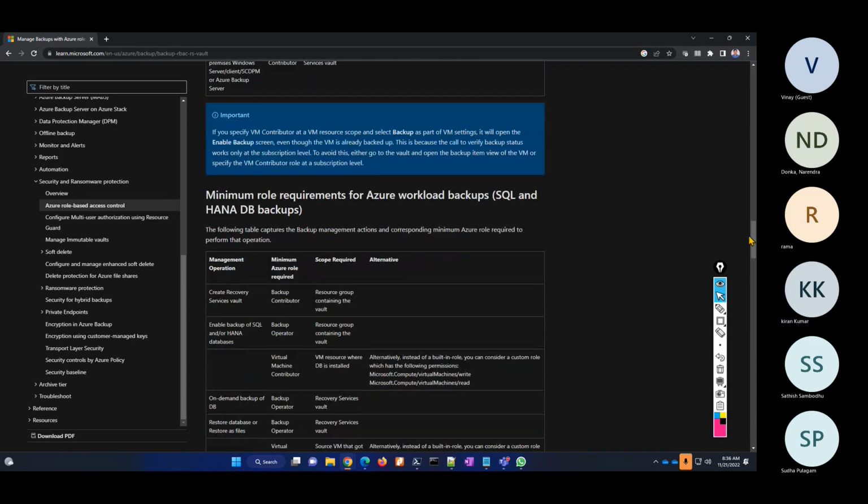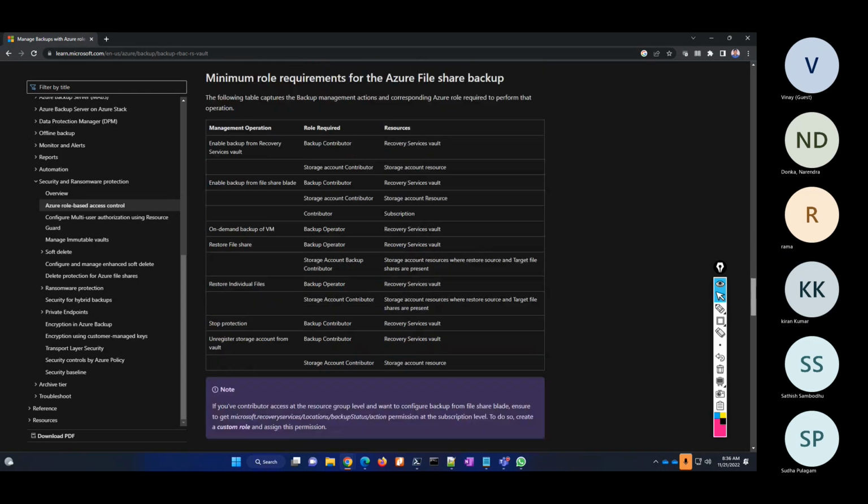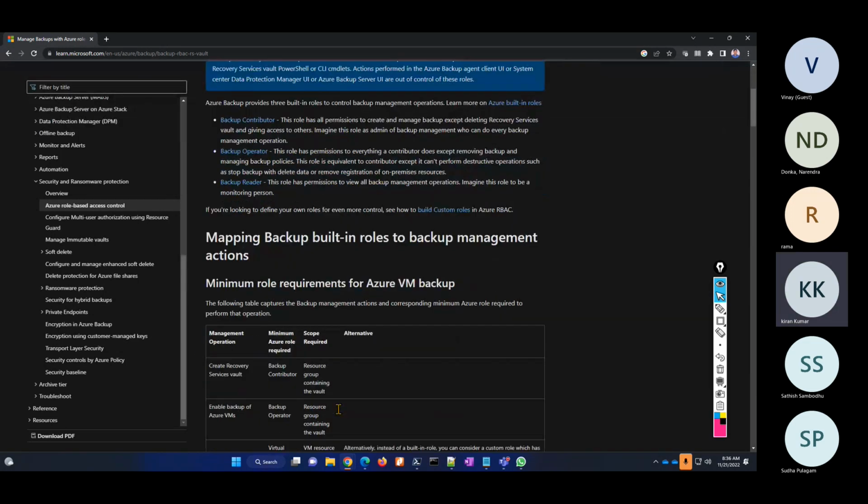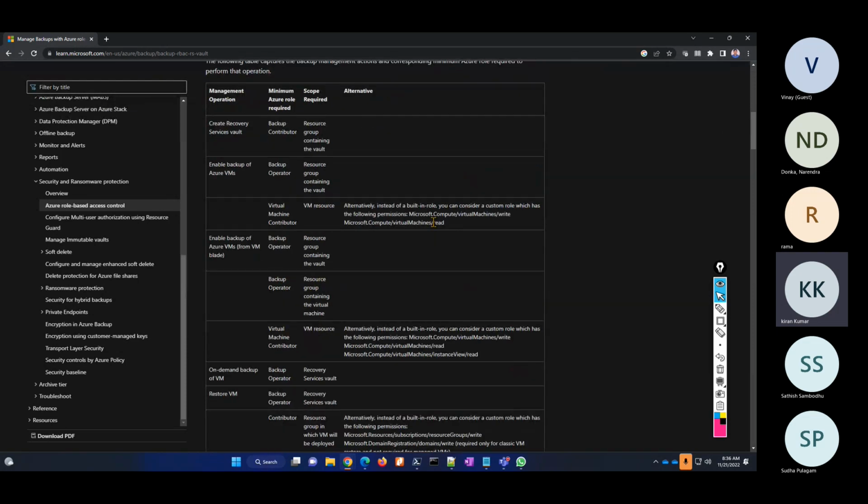Okay, any questions on this? So in this scenario, they are not able to provide the role, but how to create a new role with these permissions, that is the question. Yes,